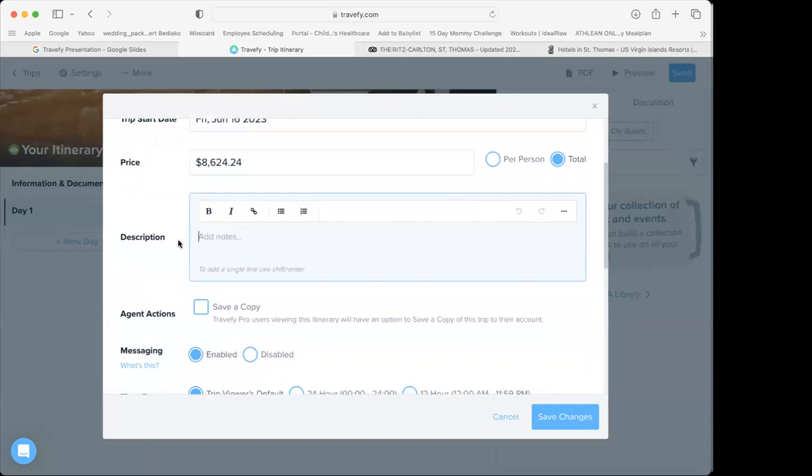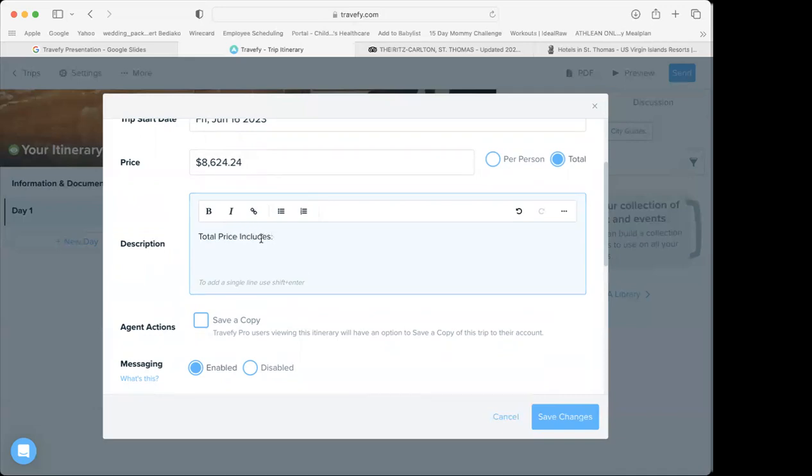Description. So usually this is going to be up to you if you guys want to do this, right? But this is what I do. So that way clients know literally what is this $8,600 including, right? This is a lot of money. Please tell me everything that it includes. So then that way I'm minimizing the questions. I love answering questions for clients, but a lot of the questions sometimes they ask are questions that are literally answered on their proposal. So I will put total price includes, and then I'll put for 2 adults,